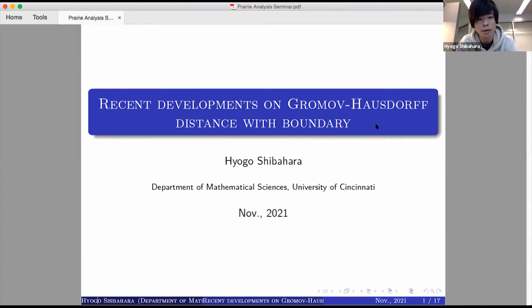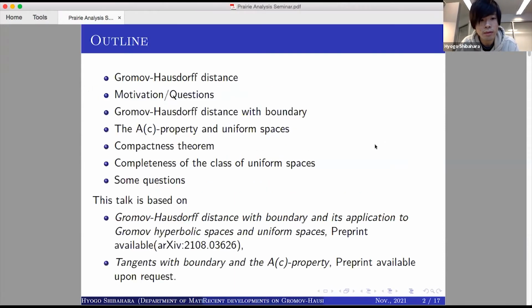So I would like to talk about Gromov-Hausdorff distance with boundary today. Here's an outline of this talk. I would like to review the Gromov-Hausdorff distance first, and then I'm going to give questions and motivations. And then I'm going to define Gromov-Hausdorff distance with boundary, which is a variant of Gromov-Hausdorff distance, but for non-complete